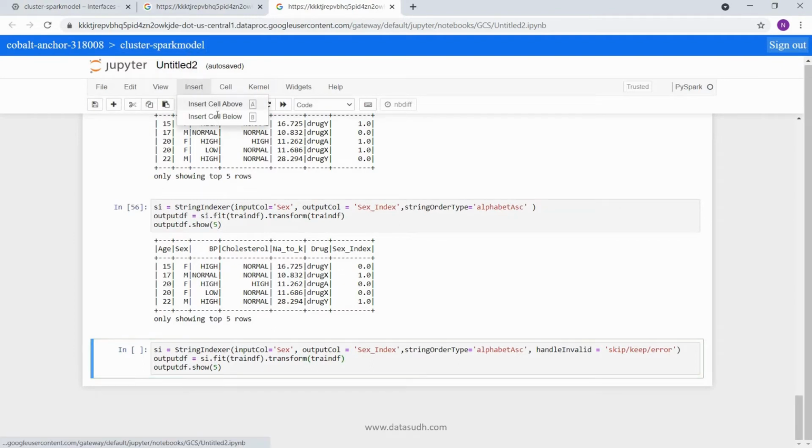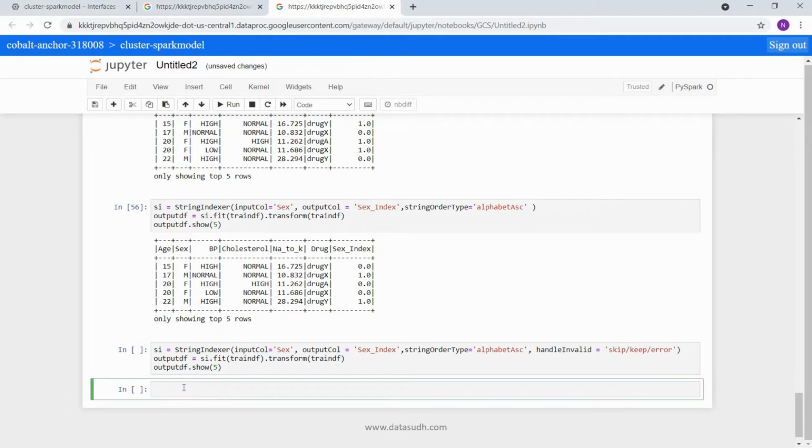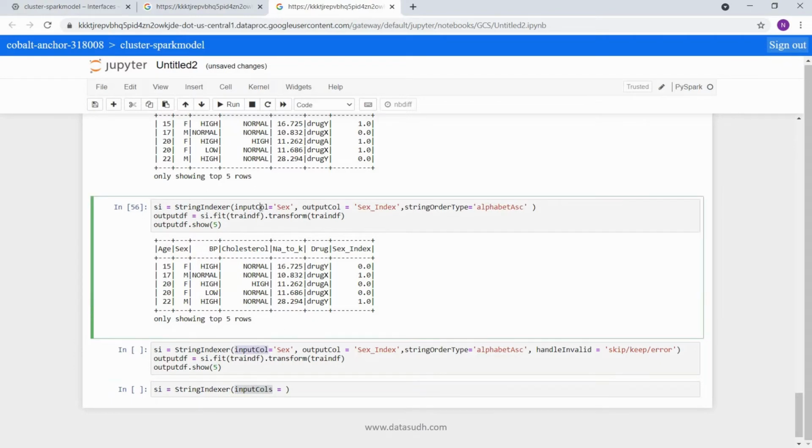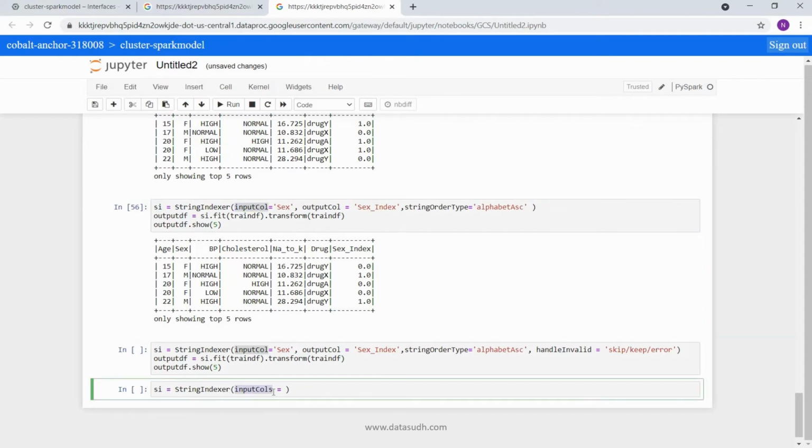We can specify all these columns together in the parameter input cols. Previously we were using input col because we were just trying to understand how it converts. That takes only a single column at a time, but input cols can take multiple columns at a time.